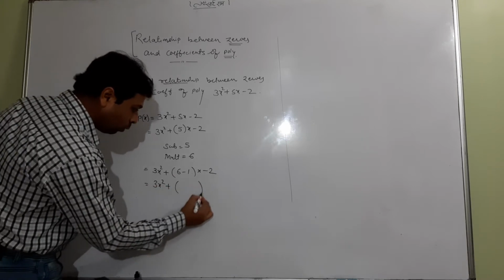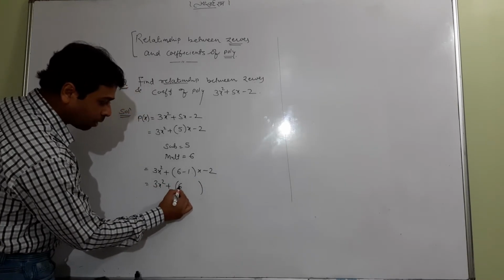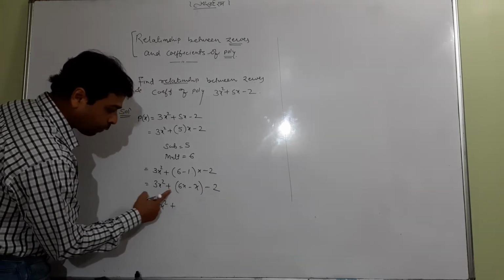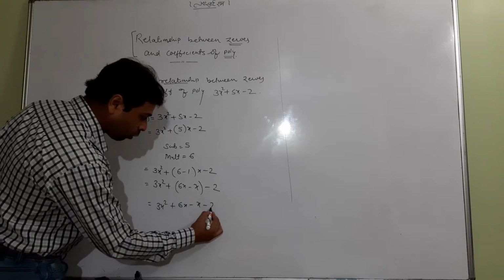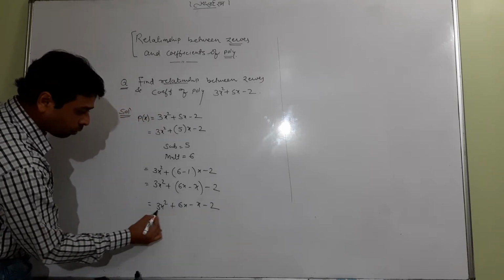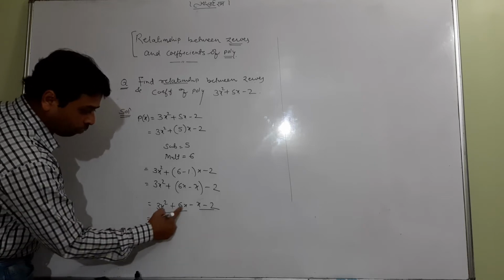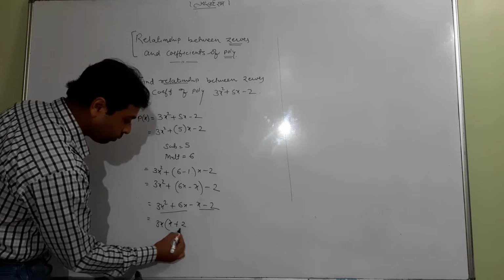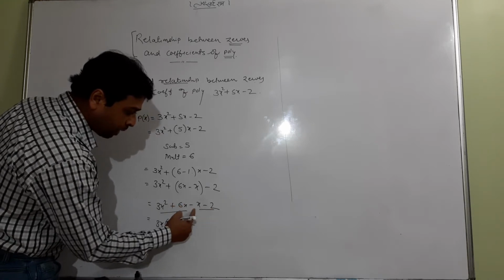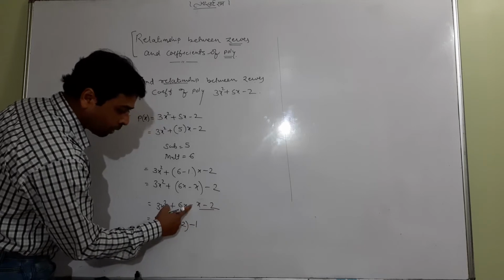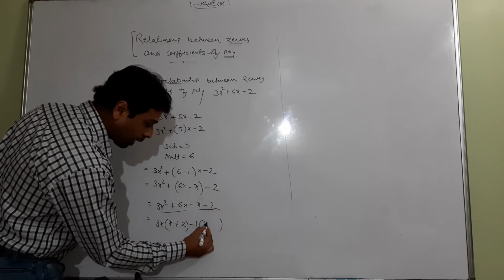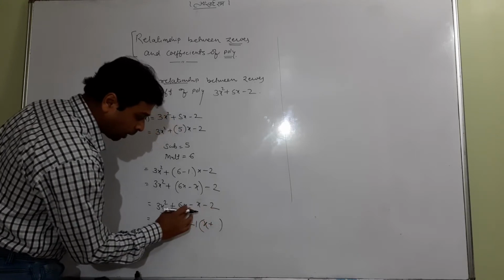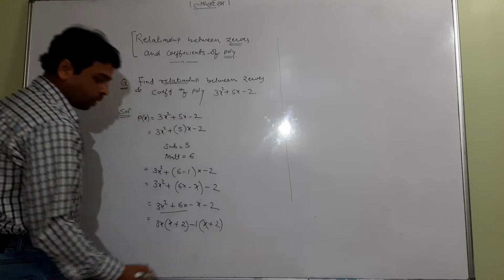Next, what will you do? First multiply x inside the bracket: 6x minus 1x minus 2. Afterward, open the bracket with a plus sign. No sign change at all. Then make a pair. Take out 3x common. Here it is x plus 2. And if nothing is common, take out 1 common. If it is a minus sign, take the minus sign common also. So it is x, no change at all because it is 1 common. But the sign will change because it is minus and you have taken it out. So it's only x plus 2.